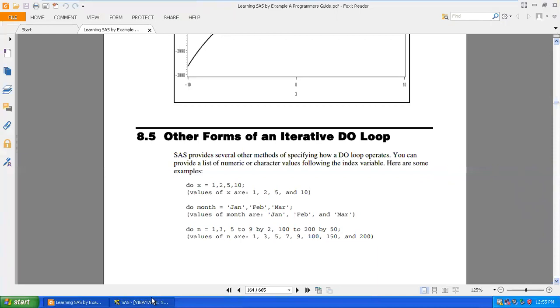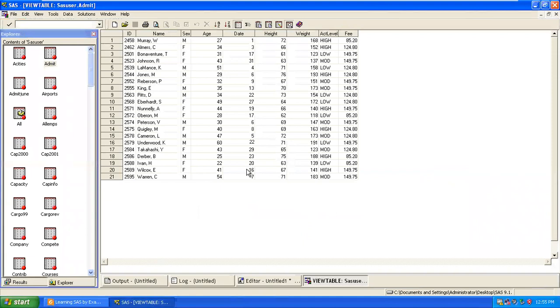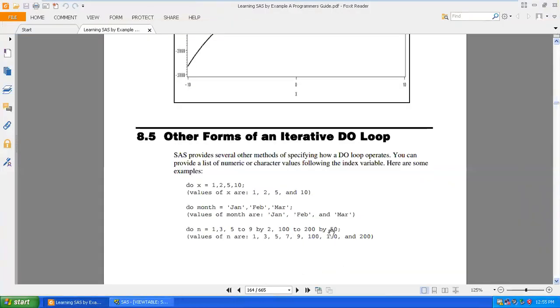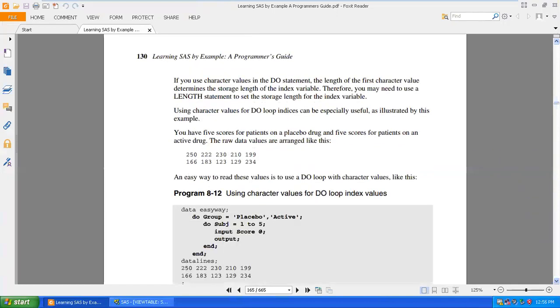Now if I have 100 positions, 100 values over here, and I want to do calculation for this, it will go to the 100 position. Now 100, 150 and 200. So here you can change it. You have to give start to end, na? And you can do it like this. You can try.